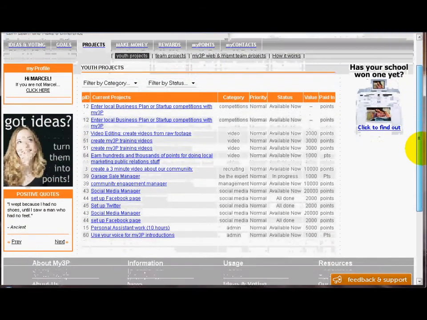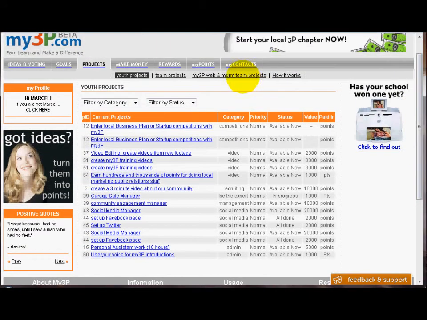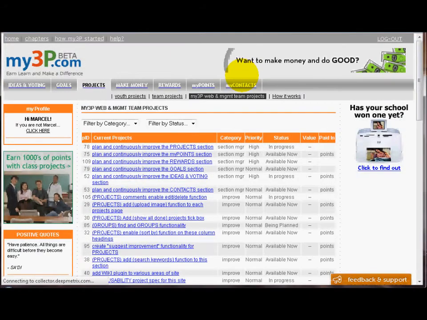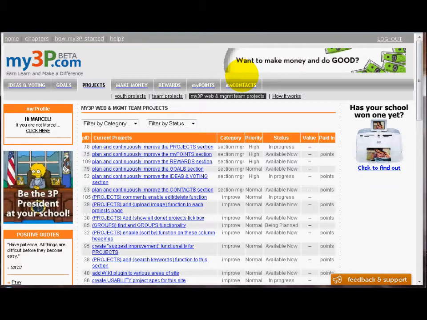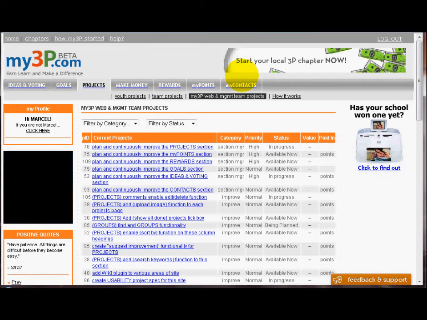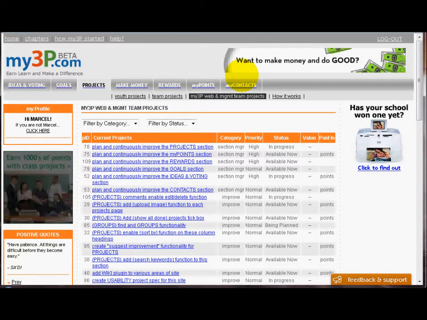With the project section, same thing. Right now, all these projects as they stand now, we create the projects, and they can apply to do the projects. This will change more to be like guru.com or freelancer.com, where anybody can either list projects to be done, or they can do projects. As long as they have enough points in order to pay for the projects to be done, then they can do that.